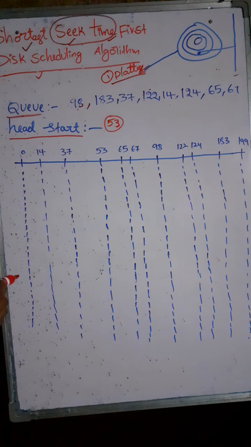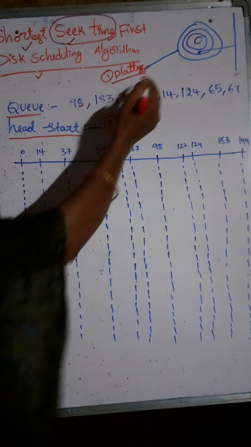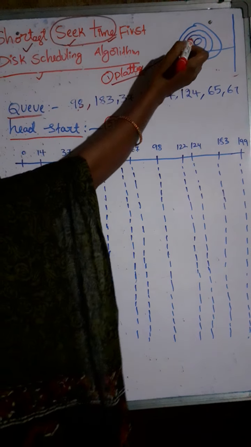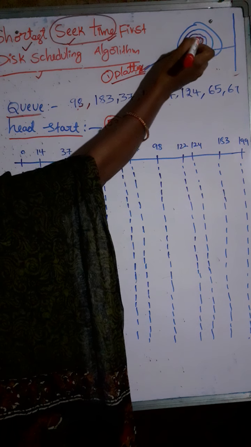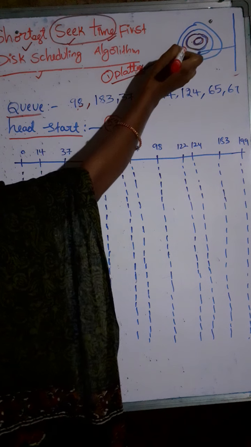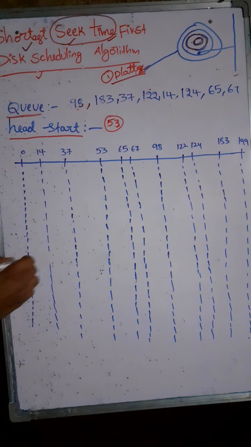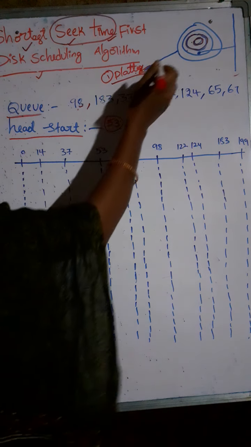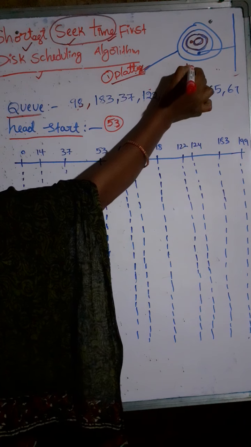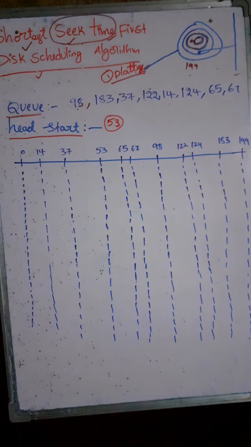We know that in one hard disk we may have different platters. Let us assume that this is one platter. Each platter has many circular shaped tracks. So this is called one track, this is another track, and this is another track. And these tracks are numbered from 0 to n. Let us assume that we have 200 tracks. So the tracks are numbered from 0 to